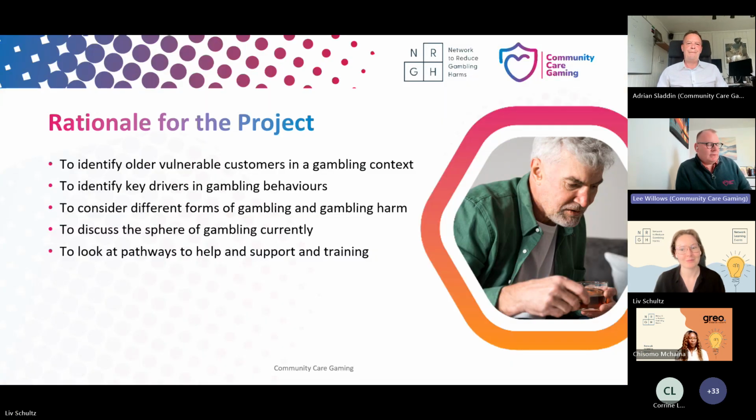Brilliant. Okay, then. So I've got a couple of slides here to share, everybody, which sets out, I guess, the rationale for our project, number one. Number two, we're going to take a bit of a deep dive into the evidence. So what's the evidence telling us, and does that complement the rationale that we had? And then finally, we're going to take a dive into the theory of change. And those of you who work within the charity sector or the third sector will be very familiar with that change model. So over the next few slides, I want to unpack some of that.